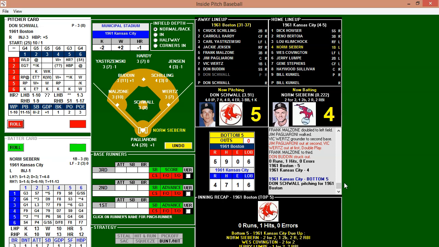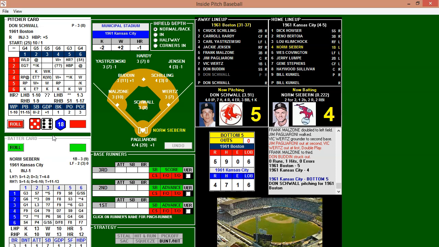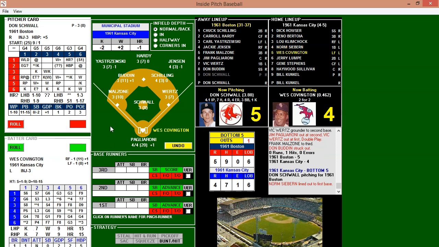So Schwal in there to face Seaburn. Seaburn's 2 for 2 with a double, 2 runs scored and 2 runs batted in. He's had Schwal's number today, so let's see what happens now. And he takes the ball. Schwal thought he had him. And this one he'll line to first. Wertz catches it, mostly in self-defense there, for out number 1. So 1 up and 1 down.